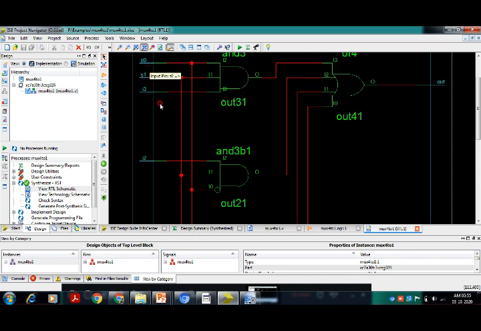When select lines are 1 1, remaining all gate outputs are 0. So it depends entirely on I3. If I3 is 1, AND gate output will be 1, and since it is connected to OR gate, output also will be 1. If I3 is 0, even though S1 and S0 are 1, AND gate output will be 0, and OR gate output also will be 0.